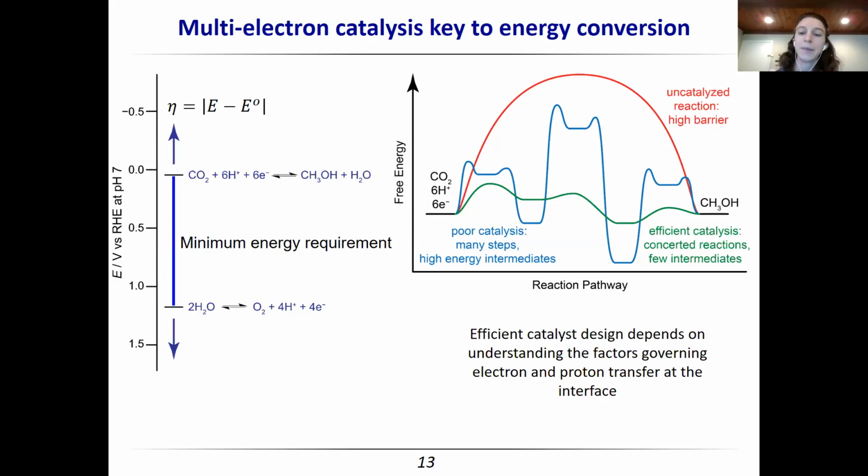So then when we think about catalysis research, we want to be able to understand the factors that are going to govern each of the proton and electron transfers, because taking a step back, remember, we're starting with a small molecule. The reason we have so many reactants, so to speak, is we're doing lots of proton transfer and lots of electron transfer steps. And so those are the steps that we need to zero in on and understand the energies of intermediates that would be associated with transferring an electron or transferring a proton, and also what governs the rate of electron and proton transfer in these systems.